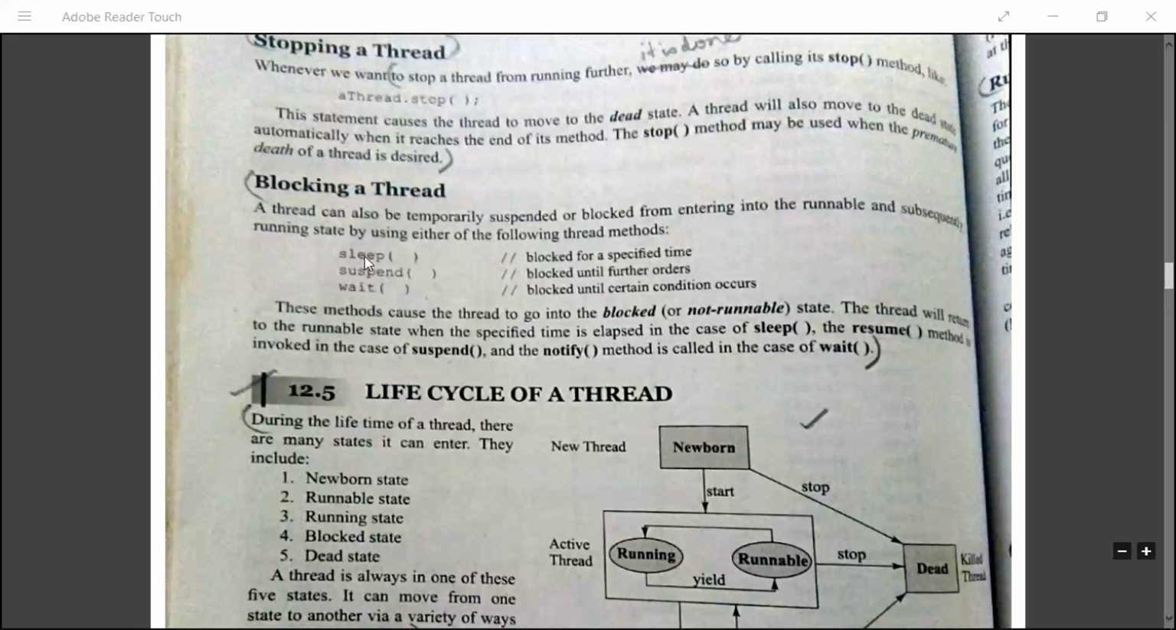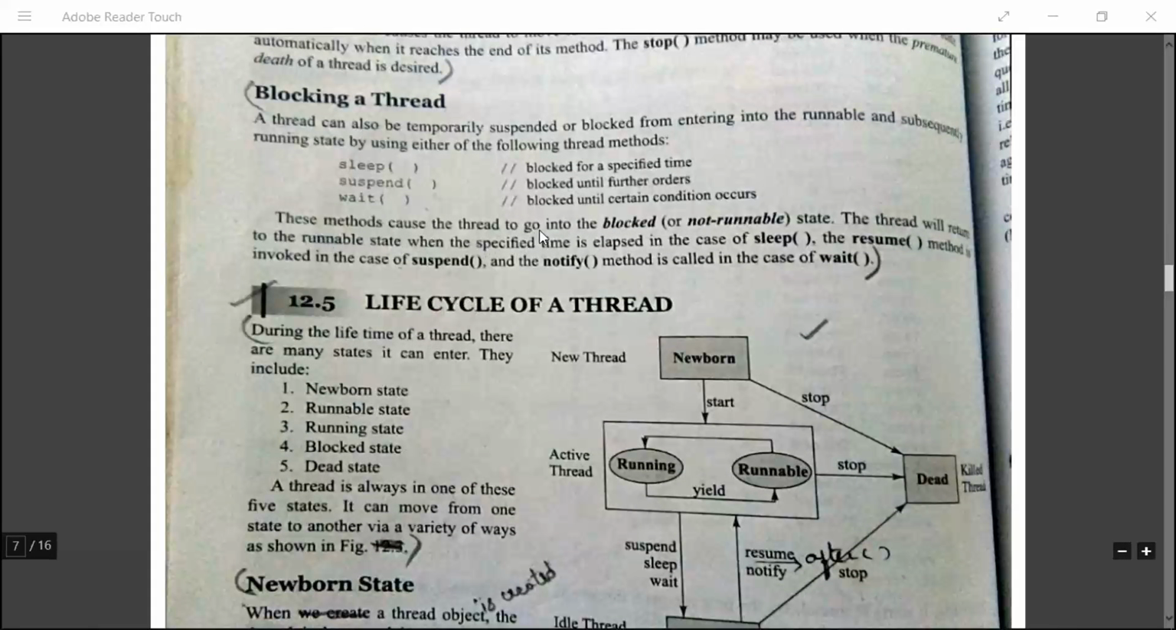In such a case, you will be using these three methods depending on your requirement: sleep, blocked for a specified time; suspend, till we give further orders; and wait. When some condition occurs, automatically it will come back to its runnable state. So these methods will cause the thread to go into blocked or not runnable state. Again, when these methods are used, to bring the thread back to normalcy, you have to use the corresponding methods. Sleep से लेके उसको resume करना है. When you suspend it, you have to